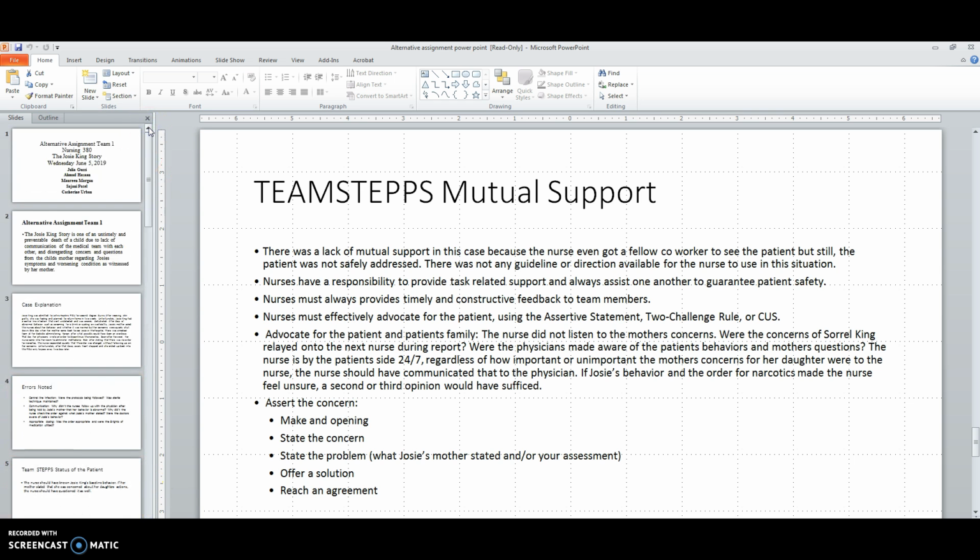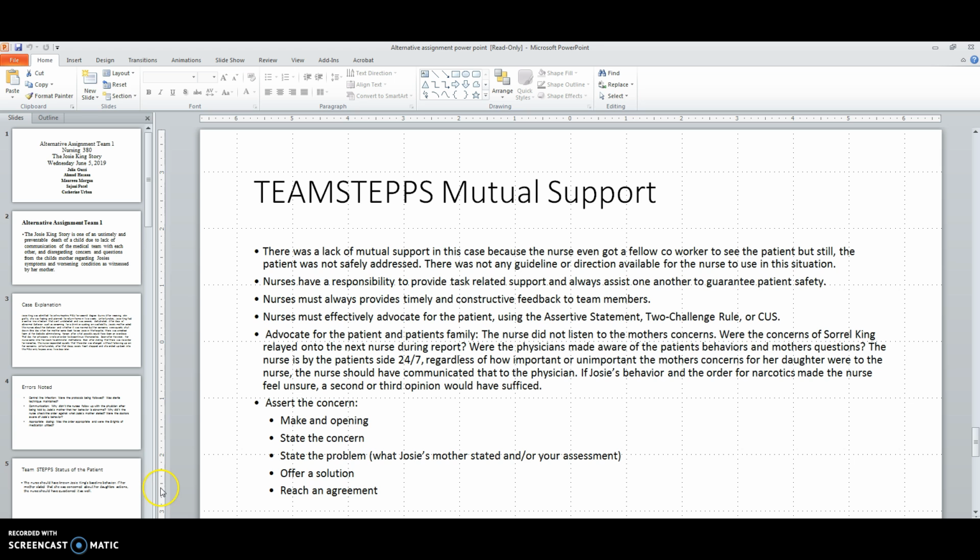This was to be part of the PowerPoint assignment, not separate from it, and should have been added together at the end. So overall, I think you have some, not all, of the content that we needed for this particular case study. It seems like you took pieces of the TeamSteps manual, the TeamSteps Pocket Guide, and put headings and tried to put things underneath, but it's very disjointed, and it doesn't really show me that you understood many of these concepts on a deeper level.